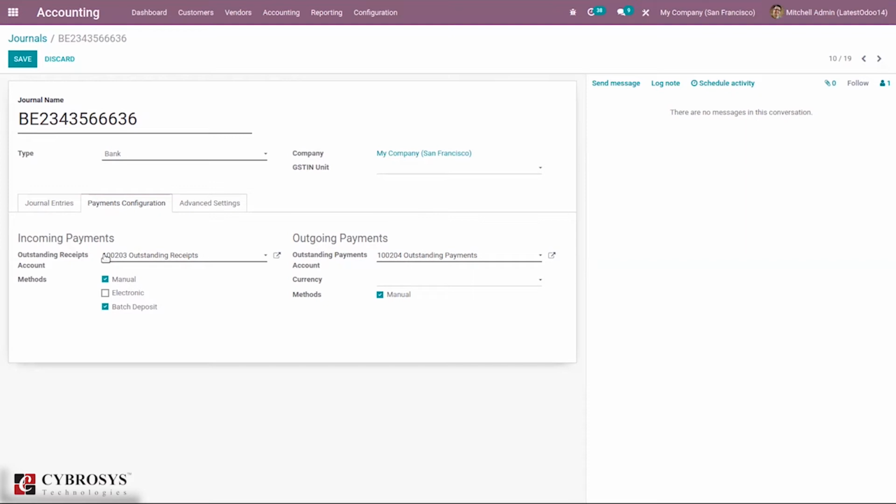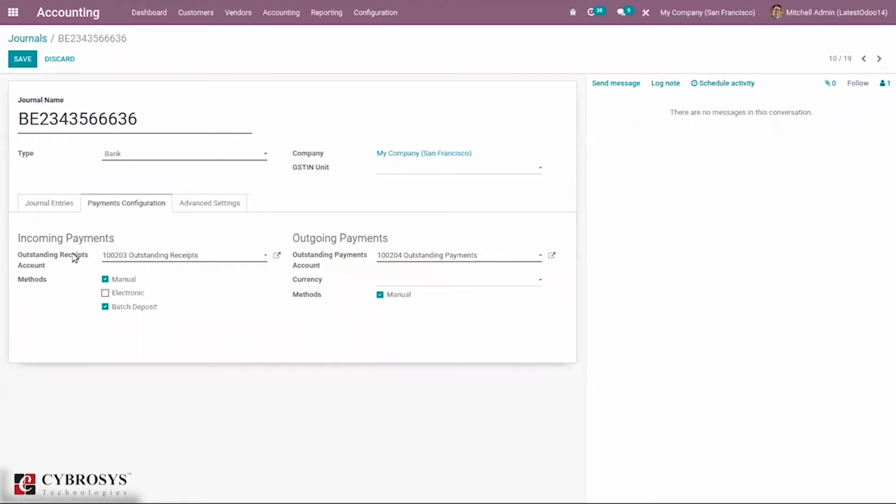That is, there can be a time or a moment between tracking a payment and reconciling it. So before reconciling payment, the amount will remain in these accounts.